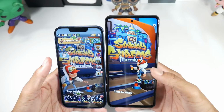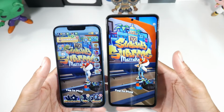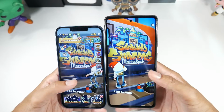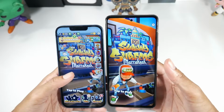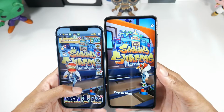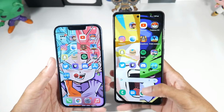Color wise, Samsung is going to give you that really vibrant color that a lot of people like. The iPhone 13's display is super color accurate as well, so I also really like this display too. But as far as the display design, you can see the A52 has the really nice punch hole. It gives you more of an immersive experience. We have a slightly smaller notch this year on the iPhone, but again, it's still not anywhere near as good as a punch hole. But the big difference here is you actually have a 120 Hz display on the A52